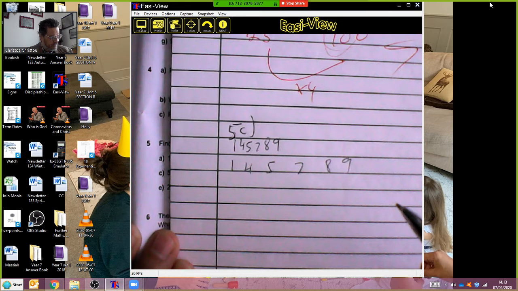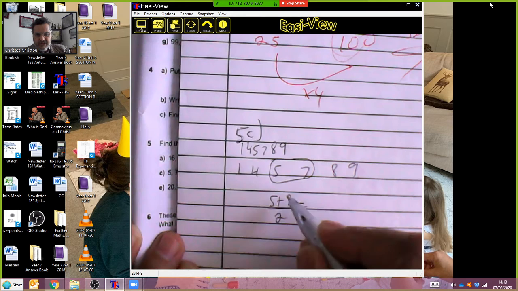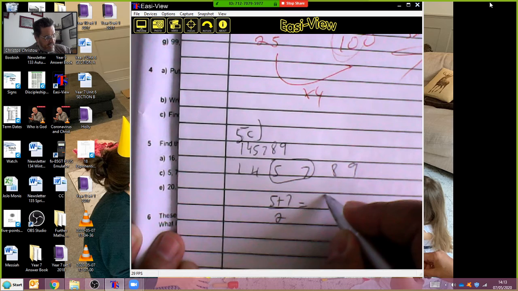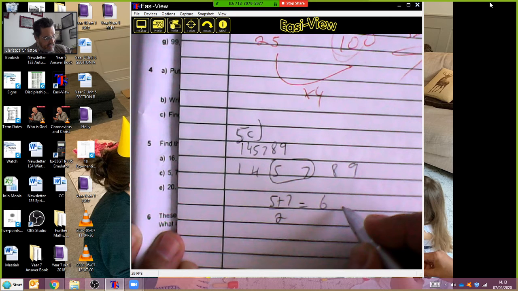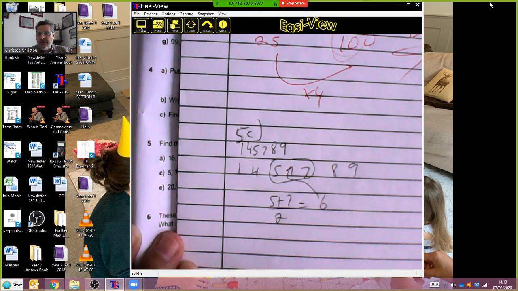Okay, so 5 plus 7 divided by 2. That's going to be 12 divided by 2. So the median is 6. So please understand that the median, although it is 6, is not necessarily listed amongst the original numbers. But clearly, between 5 and 7, the number 6 does exist, although it's not within the original list. Is that okay? So when you come to do that in your assessment, don't be baffled by that.